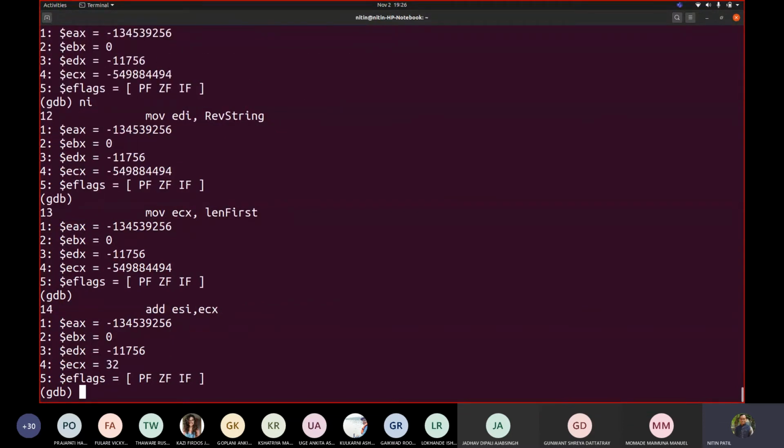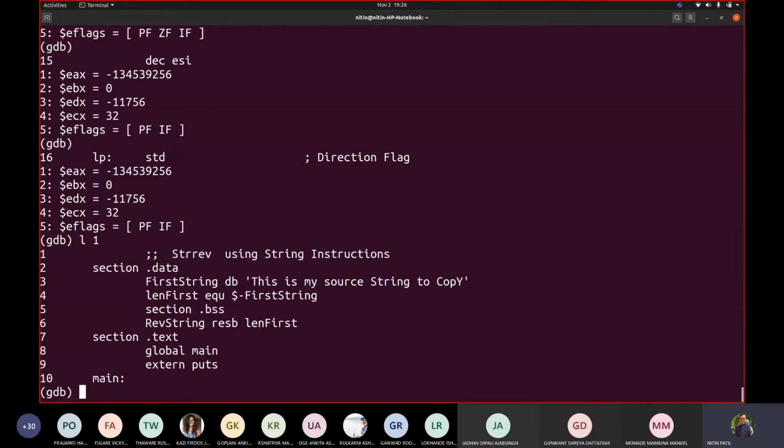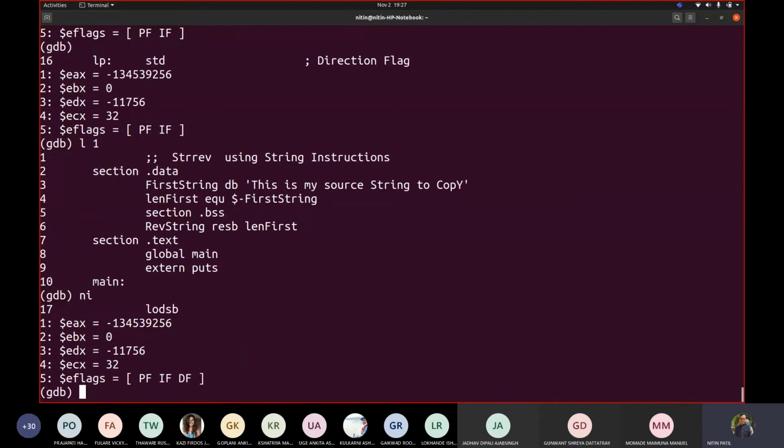ECX contains the length. We got it. ESI changed. Decrement ESI. We don't want that. Sorry, I removed that. So we may have to remove that instruction. Remove that decrement ESI. So let us see now. Can you see DF there because of the STD?